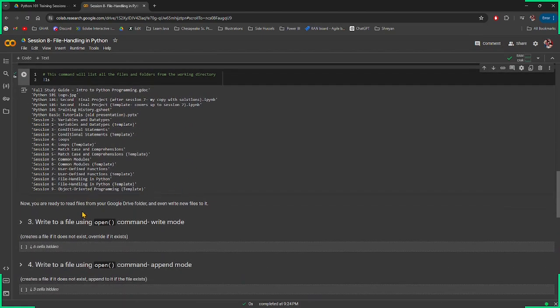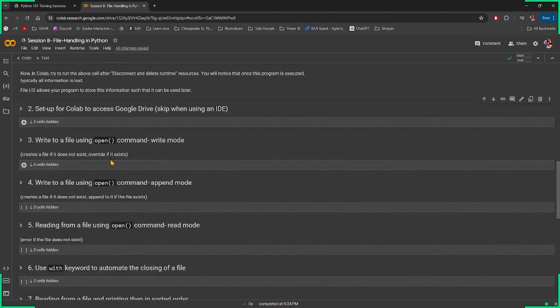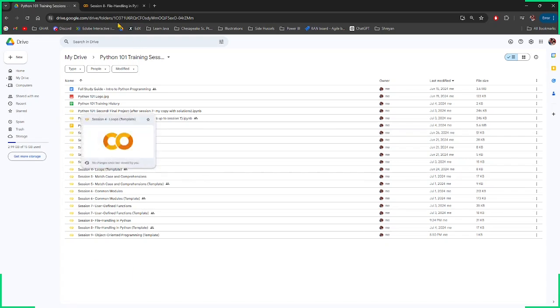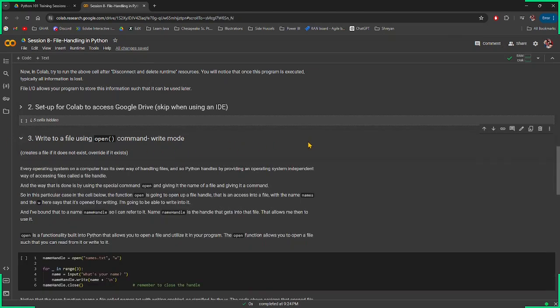Now with this, we are ready to read files from our Google Drive folder and even write new files into it. So step number 2 is done. We have access to our Google Drive and that particular folder inside Google Drive. So we're going to play around and use the open and close commands to open files, create new files, and then close those files. Okay. So first example here,